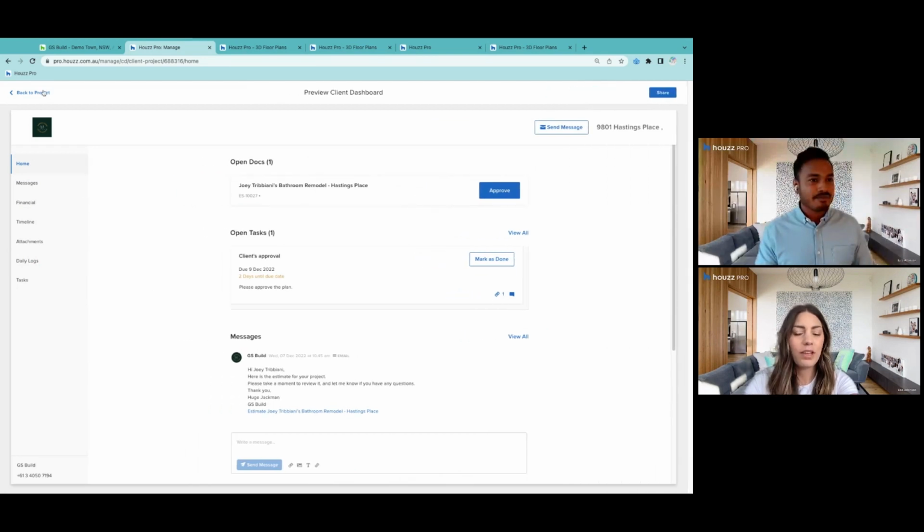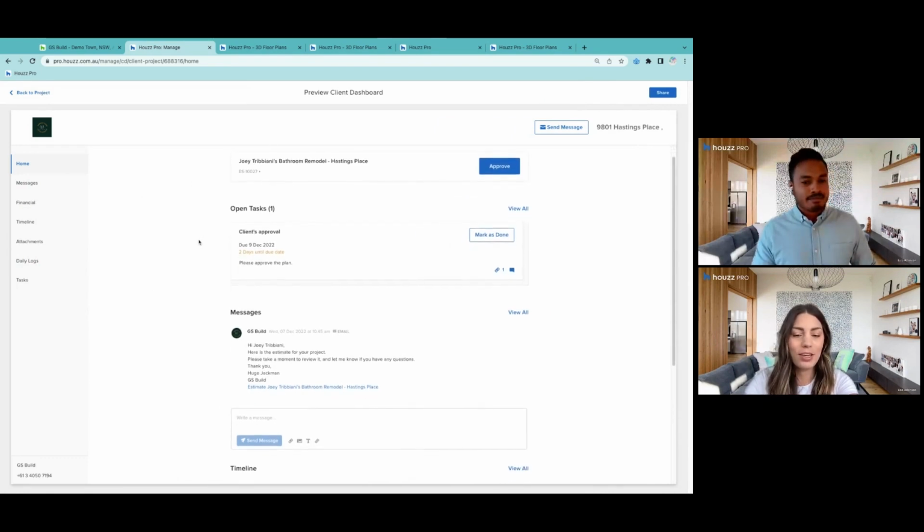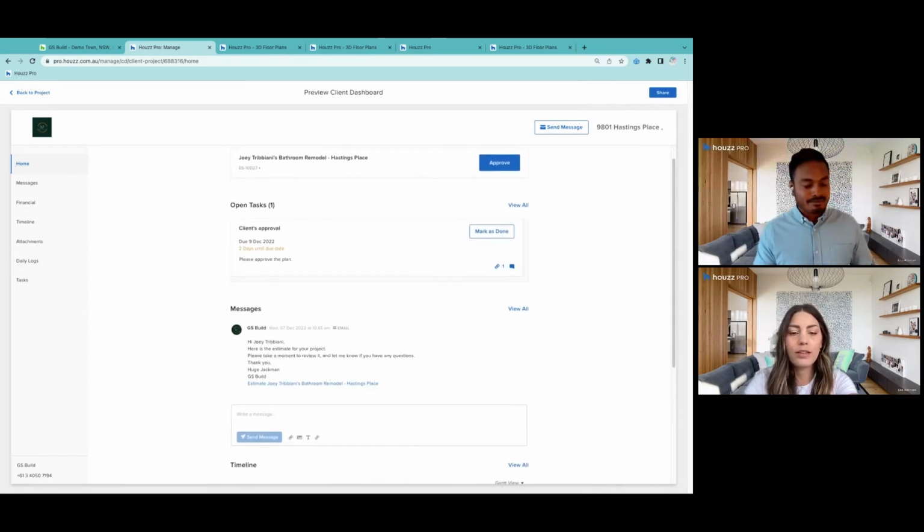No questions about the Client Dashboard, but I highly recommend using this with your clients. As Gary said, it creates a great user experience, cuts off a lot of the back and forth that you would be doing admin-wise, getting in touch with them about where the projects are at. So definitely recommend using this if you aren't already. Thanks, Gary. Great. So if you don't have any questions, I'll move on to the next part of our agenda,